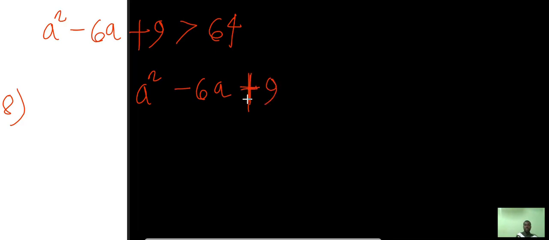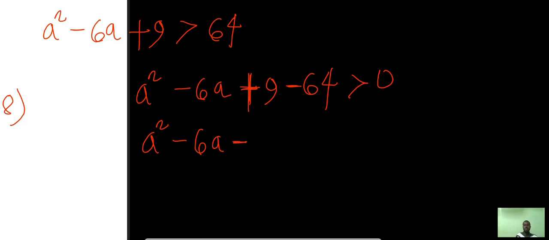This is looking like a quadratic inequality. Bring 64 to the left: a squared minus 6a minus 55 greater than 0. Okay,